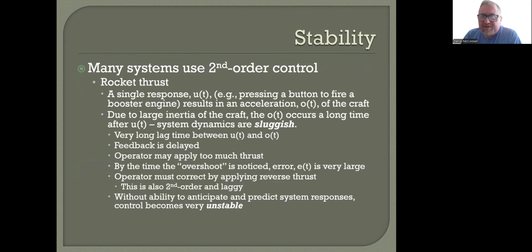I used a slightly less common everyday example here called rocket thrust, right? So if you have a rocket in space, you're piloting a spacecraft, one thing you can do is have a button that activates some kind of booster rocket, right? That will get you moving in a specific direction. And maybe the length of time you hold down the button determines the length of time that the rockets fire. So one single hit of the button will cause the rockets to fire, and that's going to trigger an acceleration,